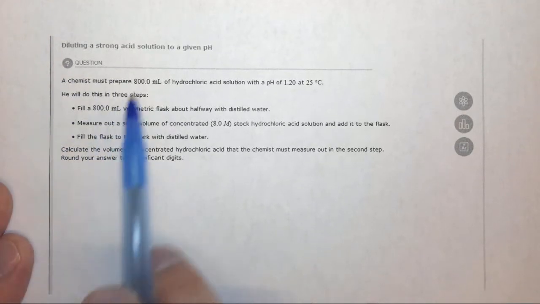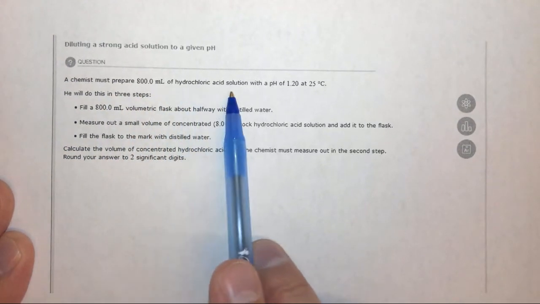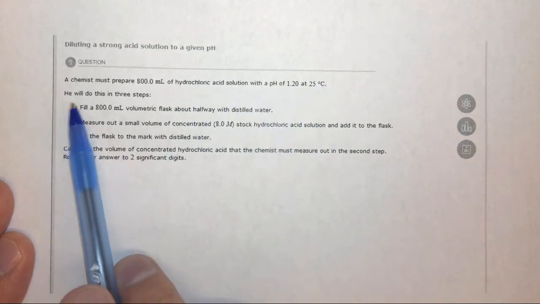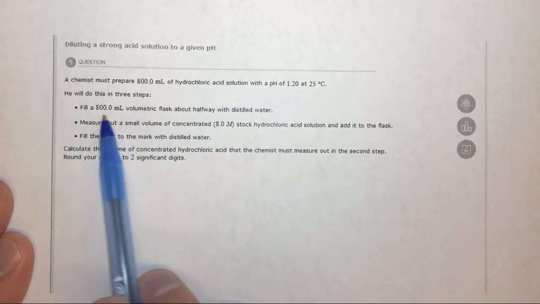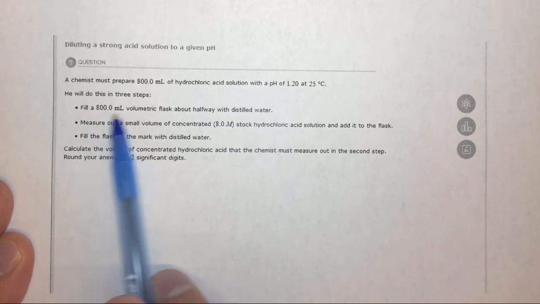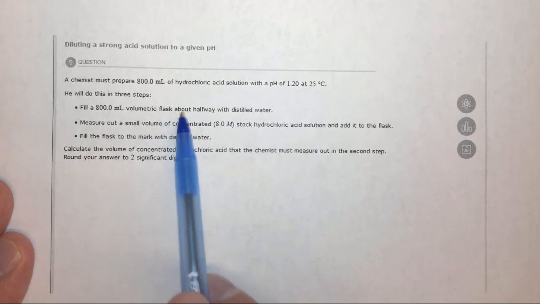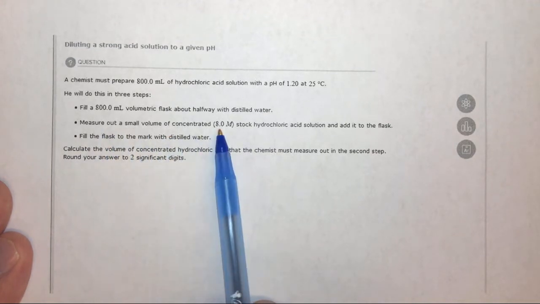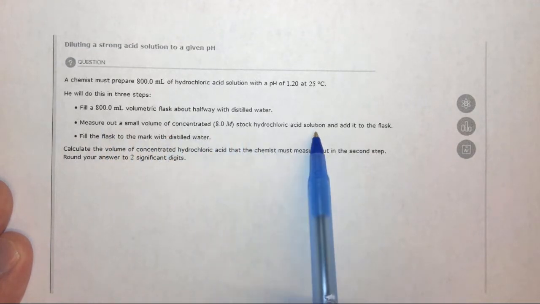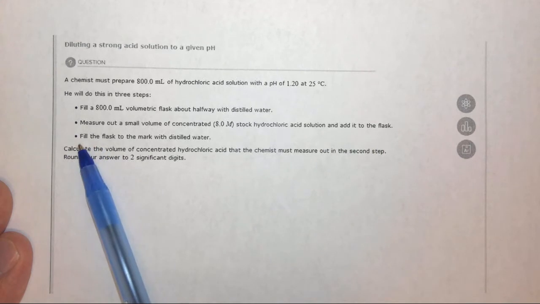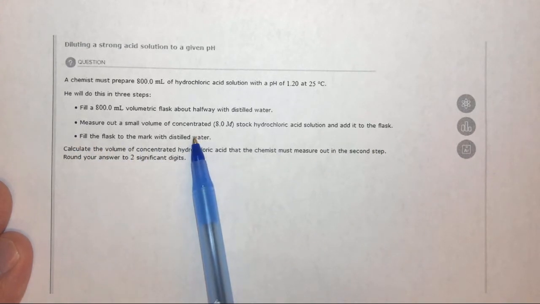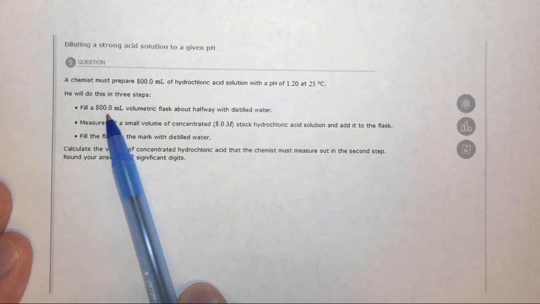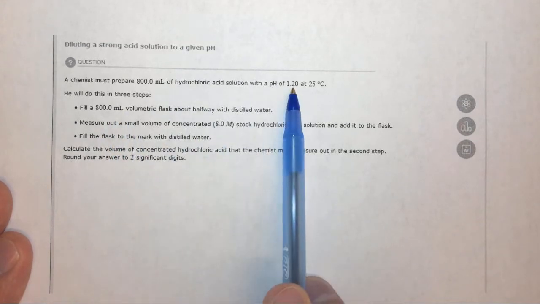In this question, it says a chemist must prepare 800 milliliters of hydrochloric acid solution with a pH of 1.2 at 25 degrees C. And he will do this in 3 steps. Fill an 800 milliliter volumetric flask about halfway with distilled water. Measure out some 8 molar hydrochloric acid solution and add it to the flask, and fill the flask to the mark with distilled water. So he basically wants to make 800 milliliters of a solution with a pH of 1.2